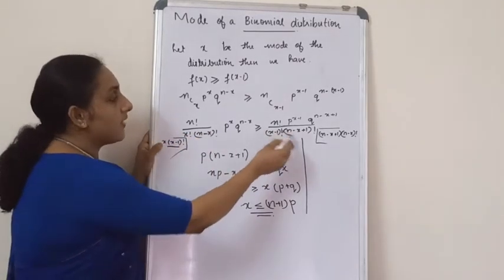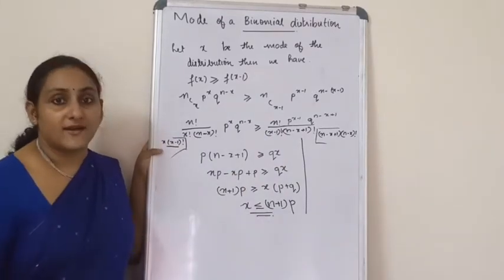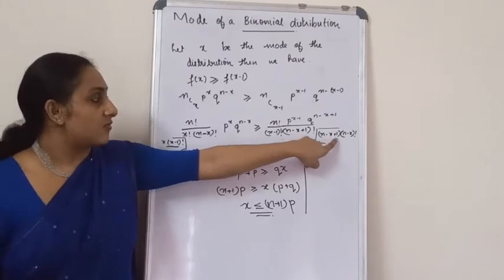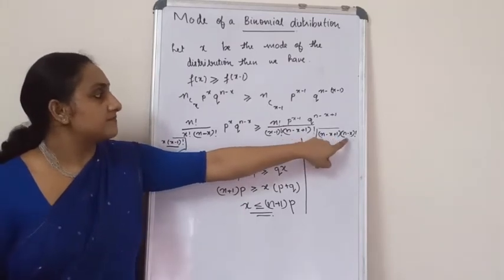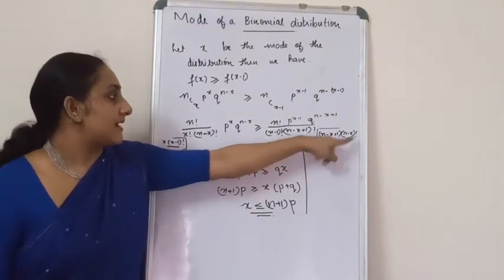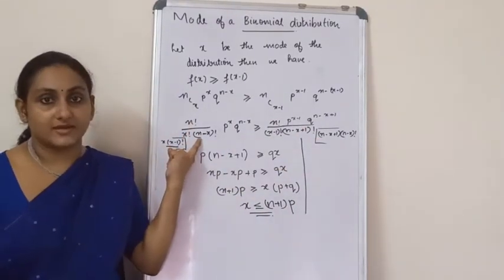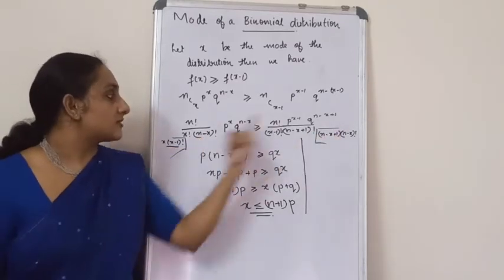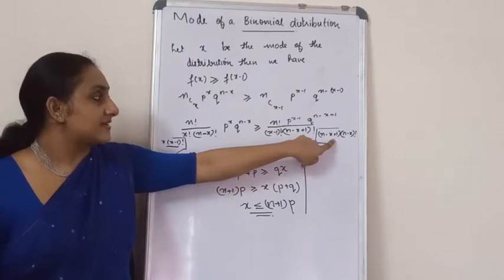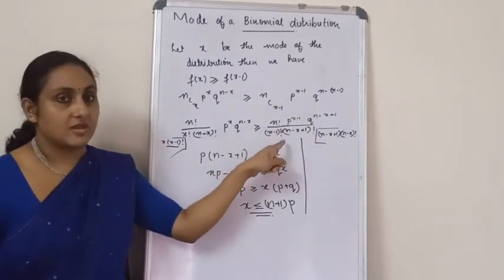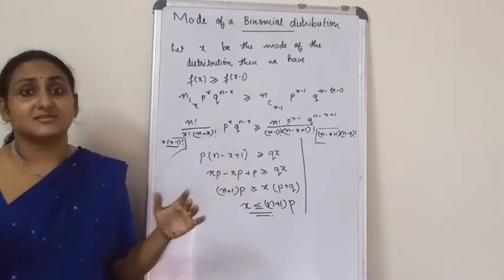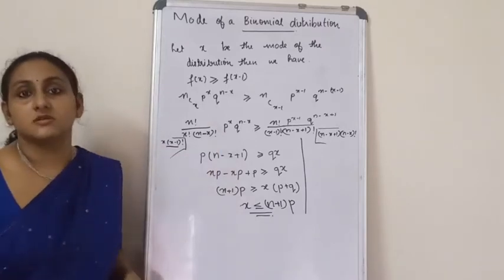Similarly, here you have n minus x plus 1 the whole factorial. What is n minus x plus 1 the whole factorial? It is n minus x plus 1 multiplied by n minus x factorial, and here you have an n minus x factorial, here also you have an n minus x factorial. So these both get cancelled and you will get n minus x plus 1 in the denominator over here. Now you have certain terms with you. I'm not going to rewrite it because it's simple mathematics that you can check out.